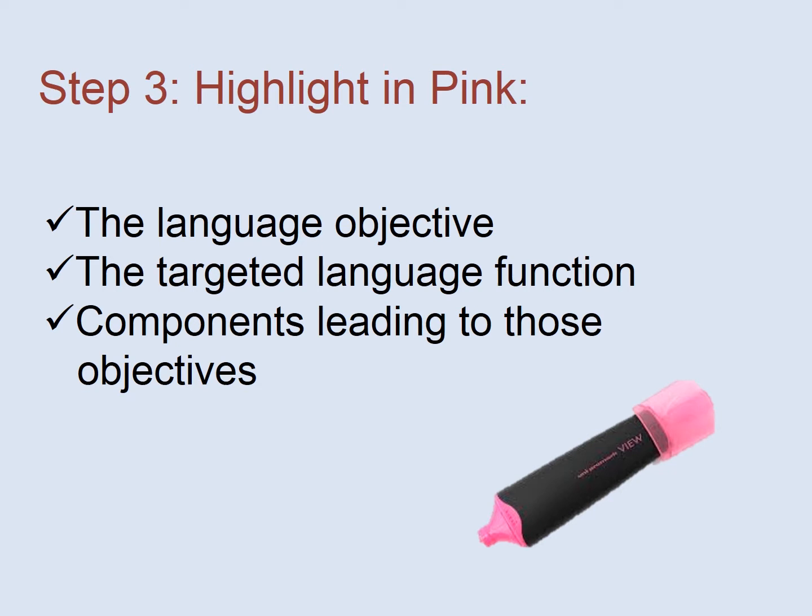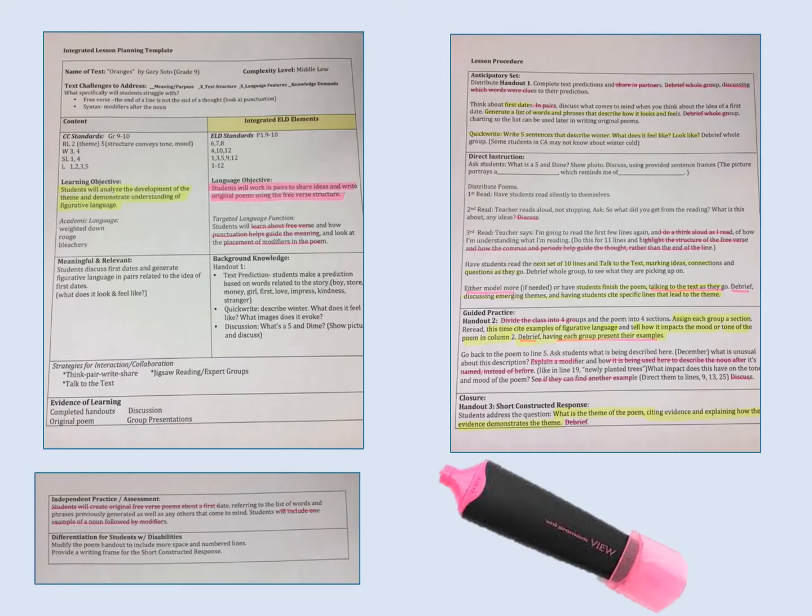So next then, we turn to the language objective and targeted language function and highlight those in pink along with the pieces that lead to those objectives. So here you'll notice I've highlighted the language objective. Students will work in pairs to share ideas and write original poems using the free verse method, as well as the language function, learning about free verse and how punctuation helps guide meaning, as well as the use of modifiers